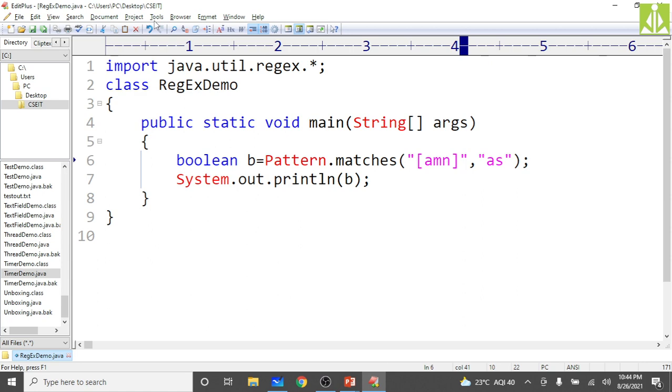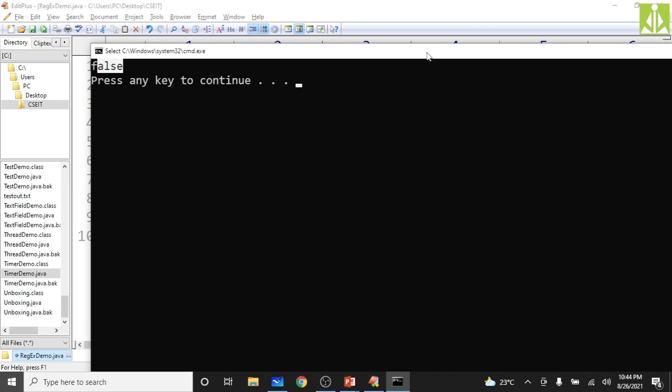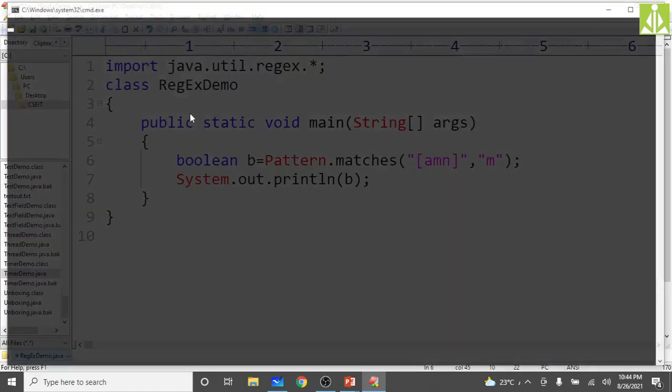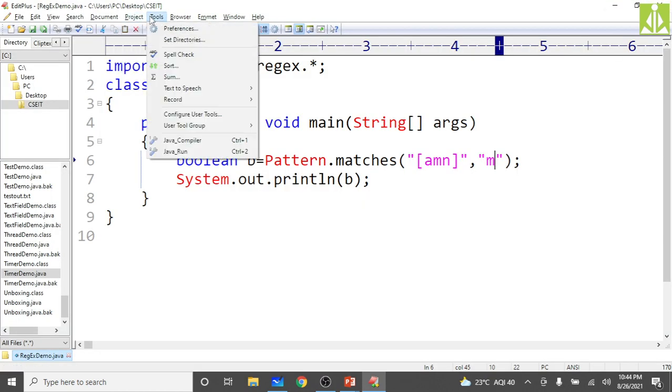Error in the sense false. The matches operation will return false. As you can see, we got false. Okay, so then the next one we have, let us say if you put M, is it allowed? Yes, it is allowed. It will return true. Compile, and then run.